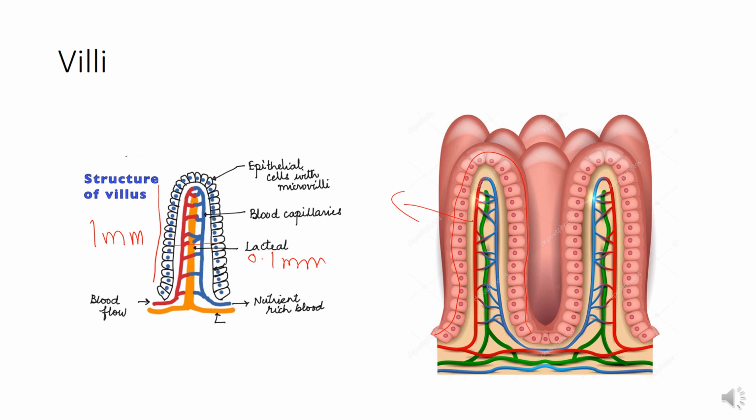This connective tissue is an extension of the lamina propria of the mucosa and contains the network of fenestrated capillaries, a blind-ending central lymphatic vessel called the lacteal, which you can see here in green color, and a few strands of smooth muscles. They are not shown here. So smooth muscles also go inside the lacteal, and the fenestrated capillaries are also present.